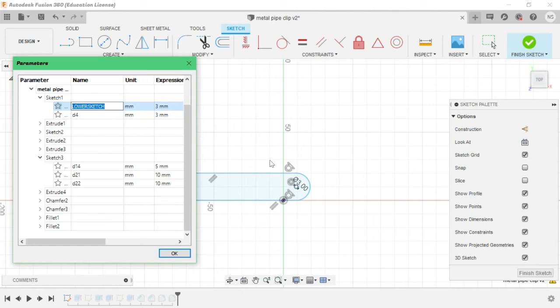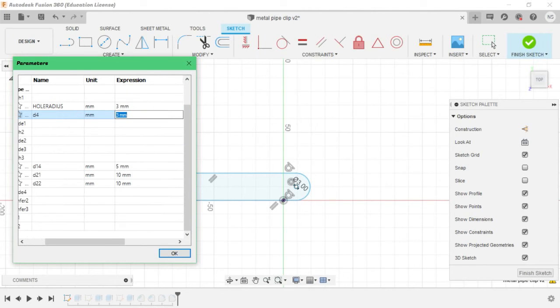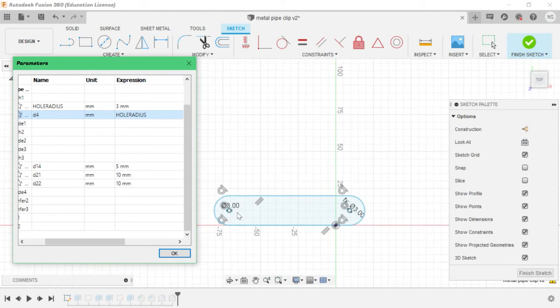Here what we have drawn is these three, the holes, hole radius. So same thing we can give here also in this hole radius. Enter. So both holes are in combination.